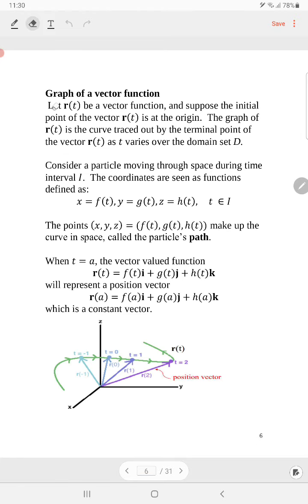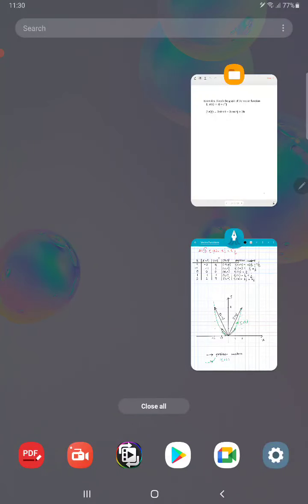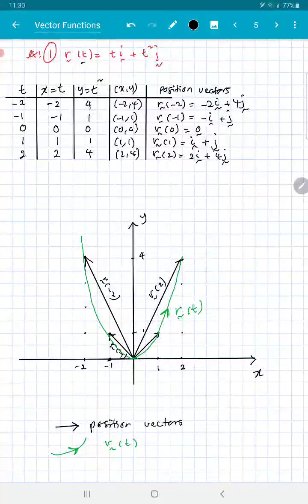We are still on sketching graph of vector function. In the previous video, I've shown you item 1 where our vector function is a curve on the xy plane. Apart from the method that I've shown you in the previous video, where we form a table and get a few values of t, get the endpoints of our position vector, and then plot the position vectors and connect all the endpoints of the position vectors,